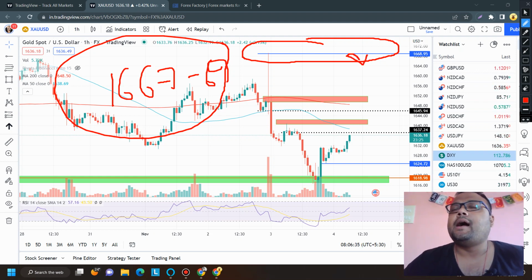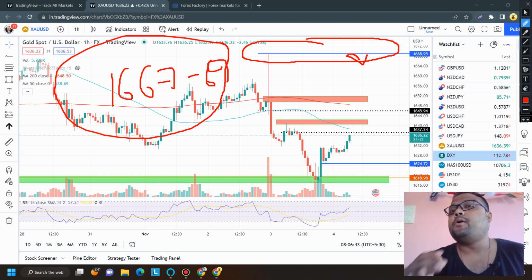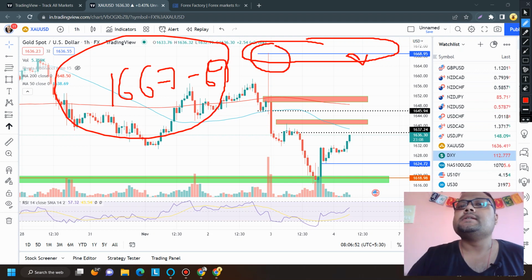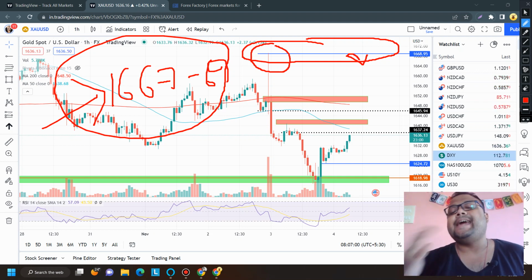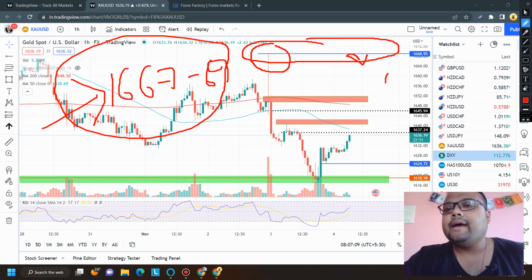If you're wondering how to understand the price reversal, do we need to wait for 1 hour or 4 hours? No. Any good price rejection at important levels, you can simply jump into the trade. As we have already seen strong price rejection previously from this level, in case the market goes up and reverses, you can immediately take a sell position around 1667, 1668, 1669 level. This is the strongest resistance on the chart of gold right now, and before this strongest resistance we have